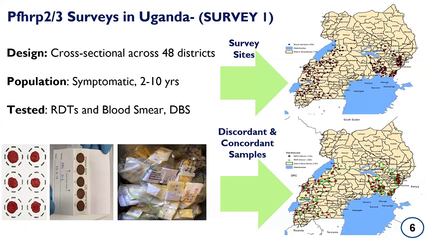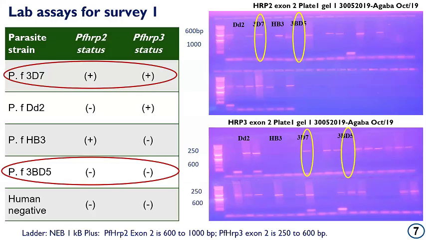And in areas where these gene deletions are developing, you are going to see most of those cases. You have patients who are HRP2 RDT negative, but they are positive on blood smear microscopy. So in survey 1, in terms of laboratory assays, we used a conventional PCR where we